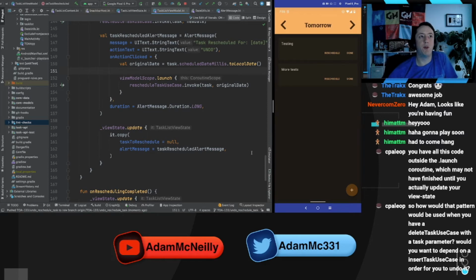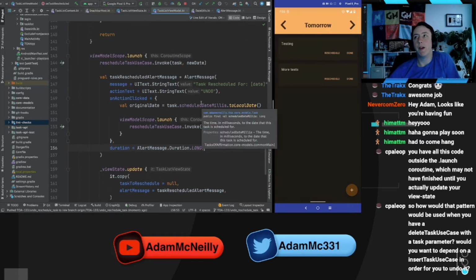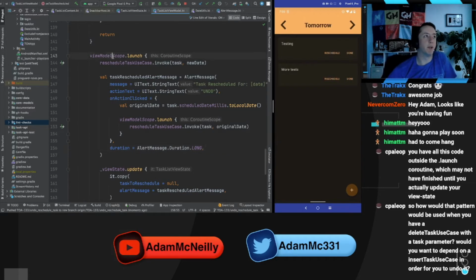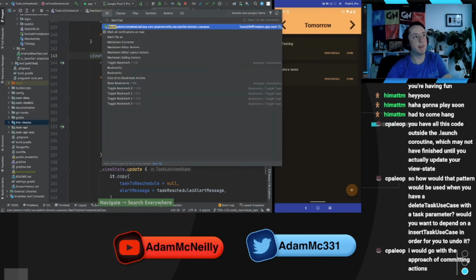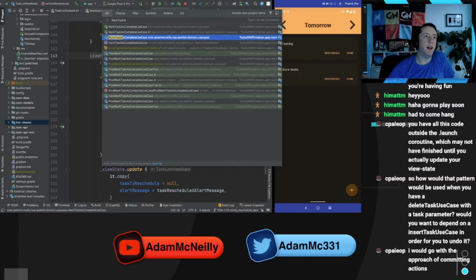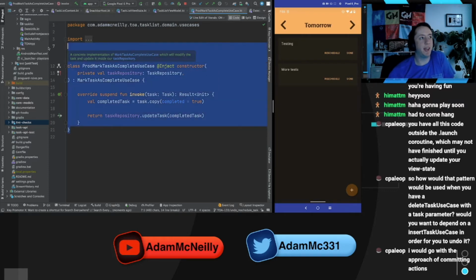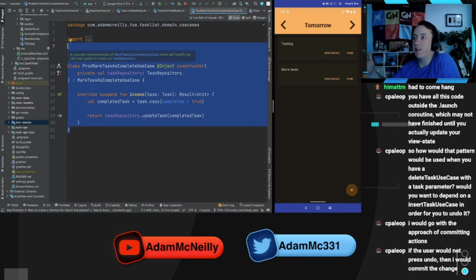That I was thinking about for if we added this for undoing marking a task as completed. Because we have this mark task as completed use case, where we take the task, we mark it as completed, and then we update the repository. And I was thinking, like, would I want, if I were to undo that,